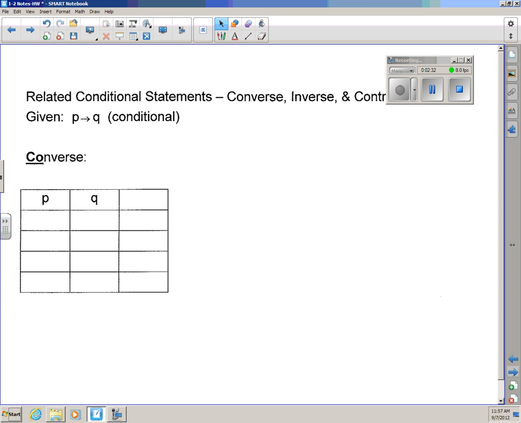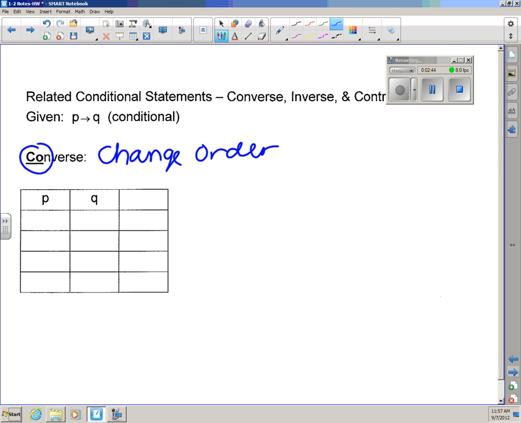Okay, we've got a whole bunch of related conditionals that we need to deal with. The first related conditional is the converse. The converse basically says you need to change the order of your conditional. So for my conditional, when I look for the converse, it would be if Q, then P. So when I fill out my chart,